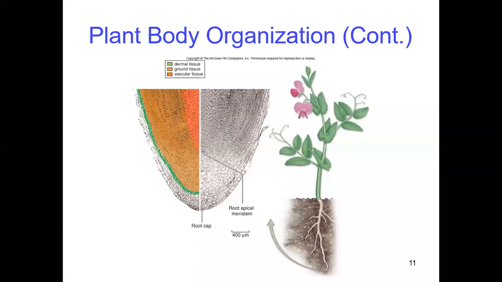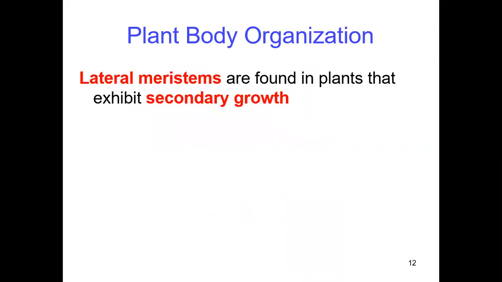So if you see, especially this is the root cap region here. So if you see this location of dermal tissue, ground tissue, vascular tissue, and this is the cell differentiation. So this we call as a ground tissue. This is the dermal tissue. This is the ground tissue, and the reddish one we call as a vascular tissue. So that means this is the way there is the formation of different kinds of organs here.